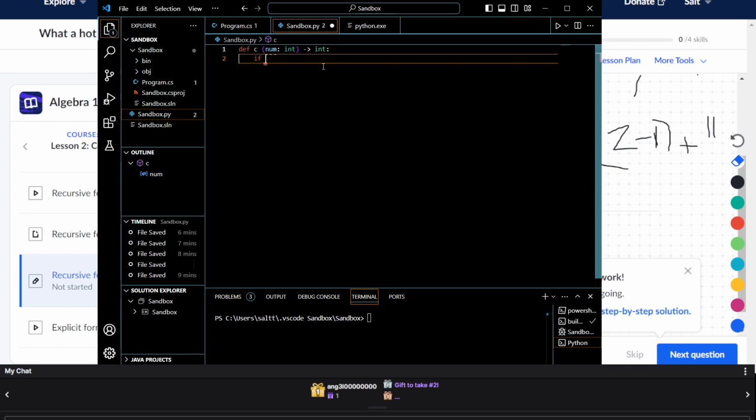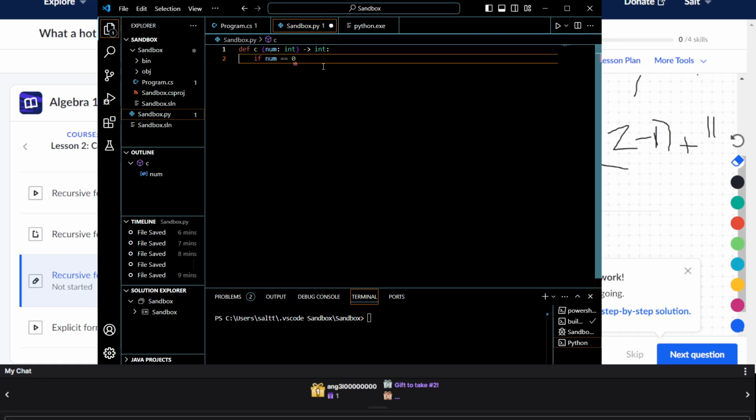If num is 0, and then we put, oh wait, for the ifs, there's something weird that goes on the end. And it's not a semicolon, it's something else.